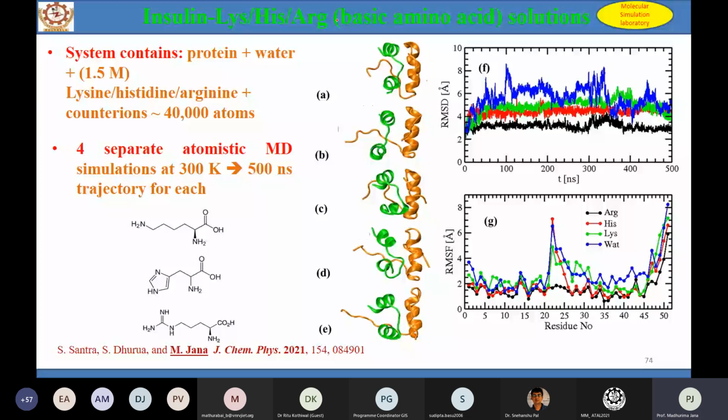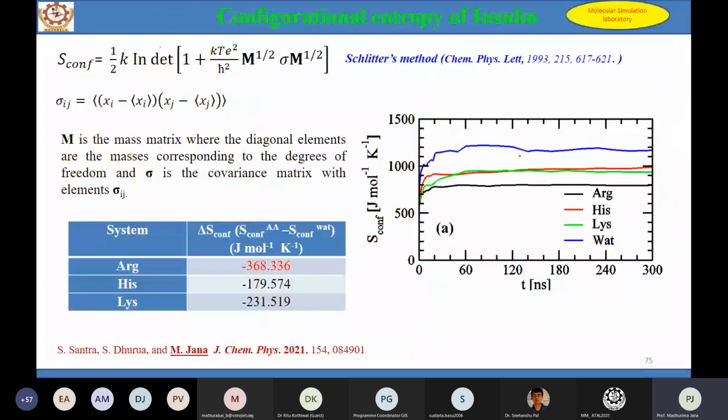I won't go to the depth of it again, I'm just showing you. Here we have calculated root mean square deviation, RMSF, to show in which solvent the protein is more stable. Here is another calculation we have made, the configurational entropy, because that is also a very important part. Other than RMSD, once the configurational entropy of the system rises, that means the protein is no more stable.